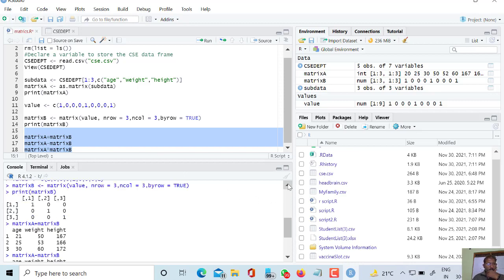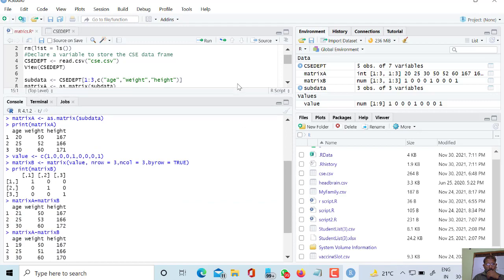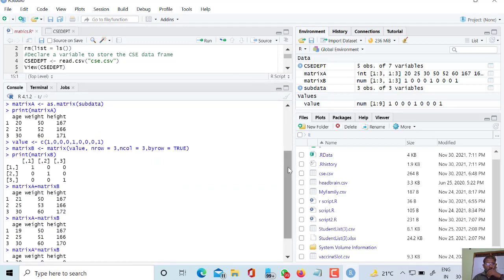First matrix was 20, 50, 176. So if I see here, what is the output of matrix A plus B? So 21, that means the value has been added here. These two remain the same because of 0.